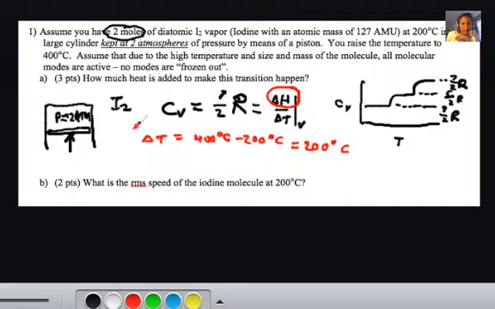Okay, let's do the second part of this question. What is the RMS speed of the iodine molecule at 200 degrees C? Okay, so in order to do this,